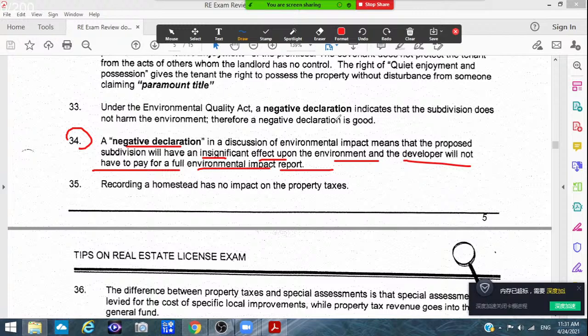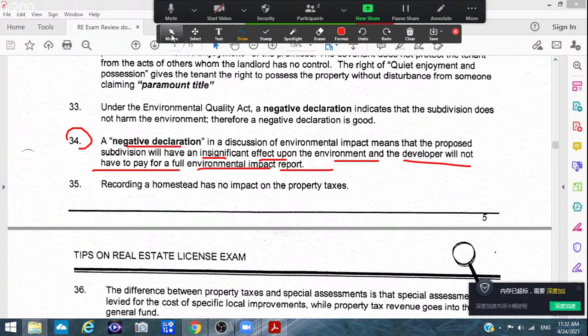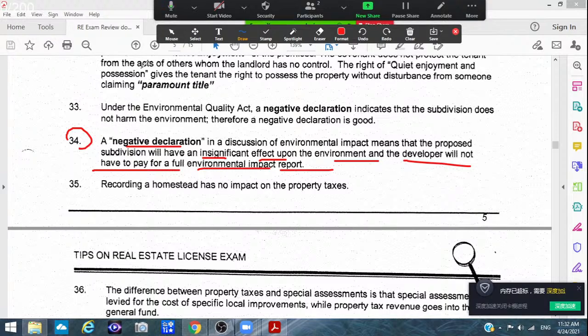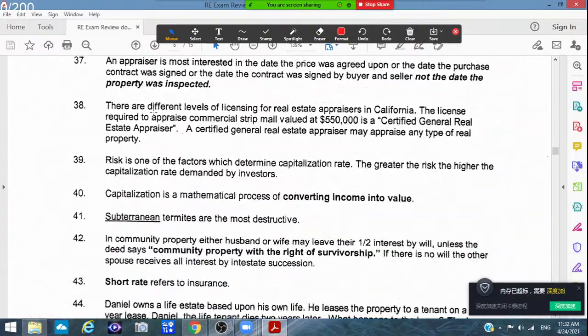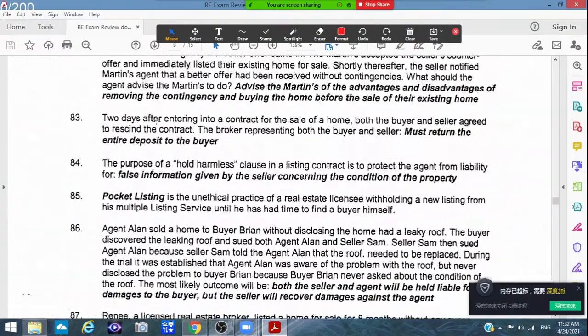So it's like this is a language of how you do it. When Michael Jackson says it's bad, that means it's good. Something like this. A negative declaration means there's nothing to declare, so it's good. No news is good news. 没有消息就是好消息，这个意思。不需要宣布，不会影响周围的环境，没有影响，就是这个 negative declaration。So this is one of the test questions too. 考试都会考你这个模糊的东西，所以你要注意这点。